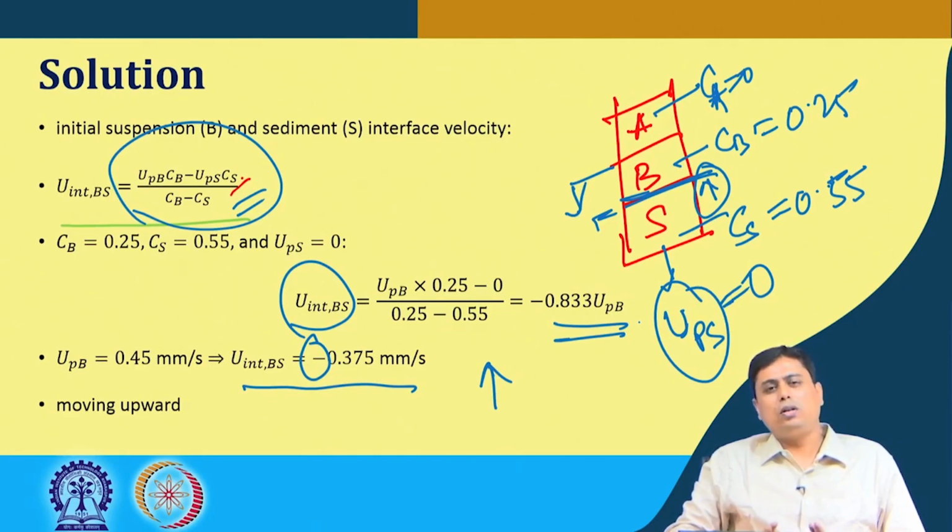Once you find out the value of n, either assuming Stokes law, in this problem we assumed the Stokes law region, we find out the single particle terminal velocity,